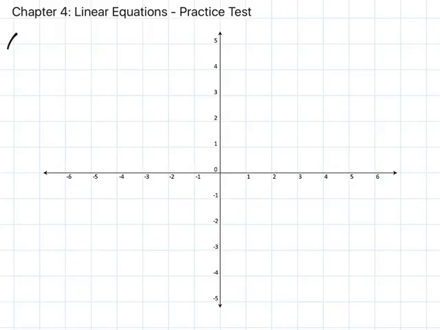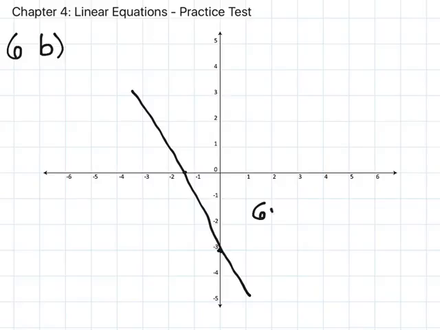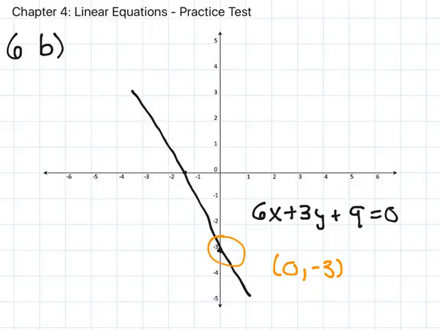So 6b, you're given a line that looks like something like this, with the equation 6x plus 3y plus 9 is equal to 0, and they're looking for the same thing. So your y-intercept would be at 0, negative 3. Your slope would be, so you have to find 2 points. The 2 points that they've given you are,